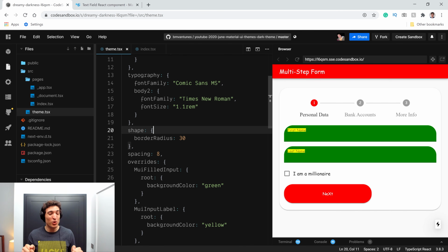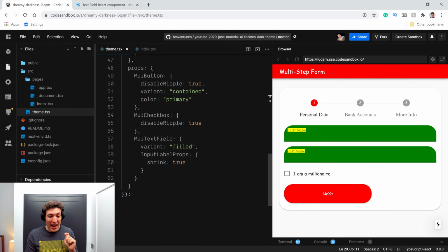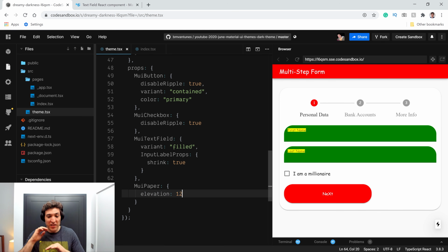The last bit that I'm going to show to you is something that you probably saw me struggling a bit during the card trading app series, which is to now set the elevation for the cards in our applications. If you remember, I think between video 3 and 4, I created a card and then I created a paper, and I didn't remember what was the number that I used for the elevation. So you can come now over here and say the new paper will have an elevation by default, right? Elevation of, for example, 12. And this is quite a lot, right? So when I save this one, all my papers in my application will have an elevation of 12.